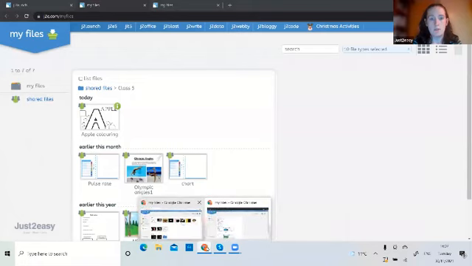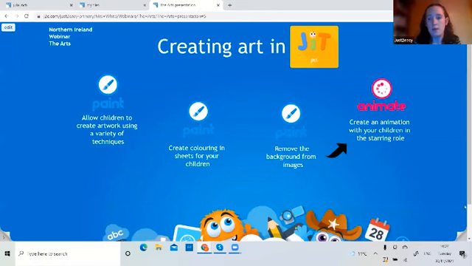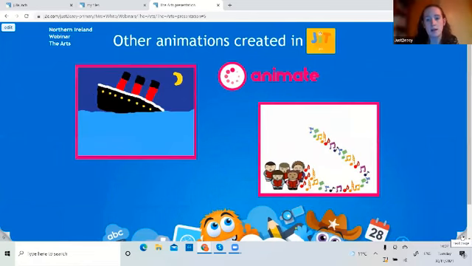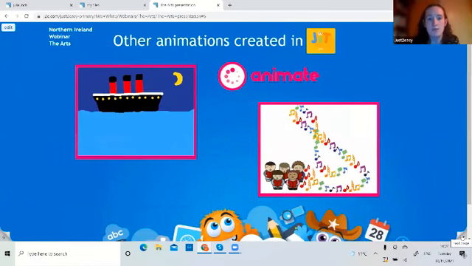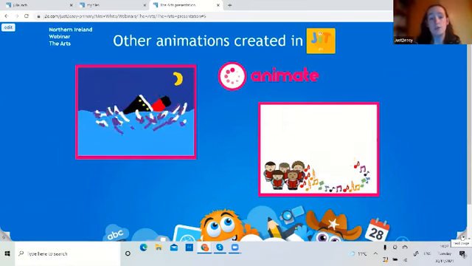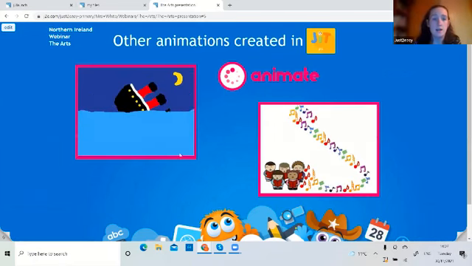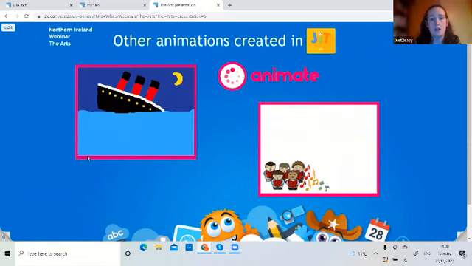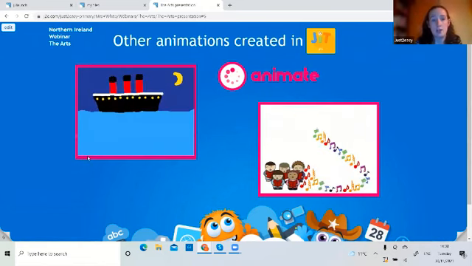What I'm just going to show you before we move on is a couple more animations that have been created in Jit Animate, just to give you an idea of the kind of thing that can be done, because it really has a lot of variety of the activities that you can create within Jit Animate. So this one here is the Titanic sinking, that's just been created by lots of different images created in Jit Paint.